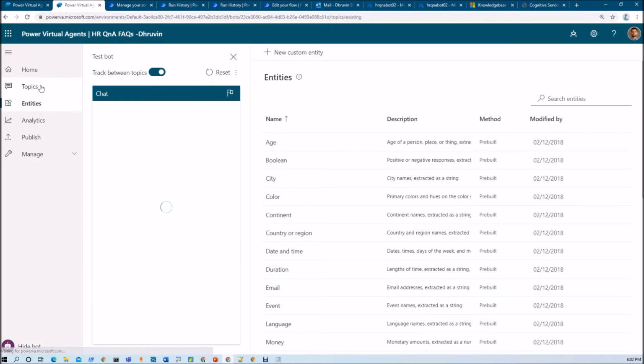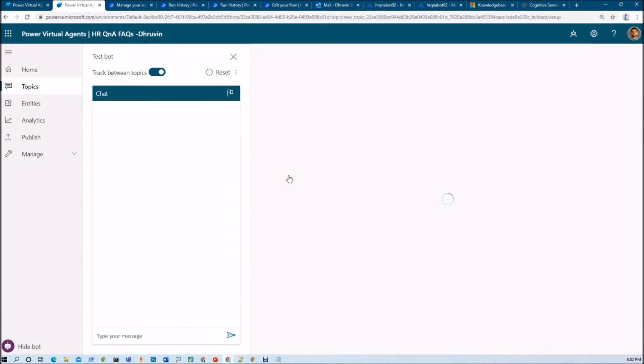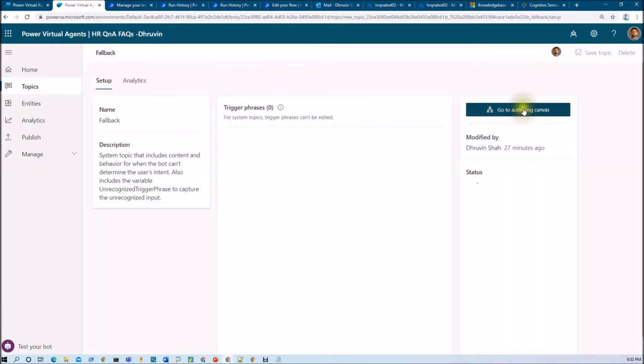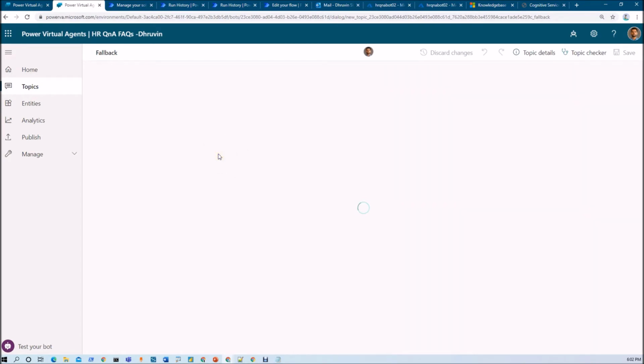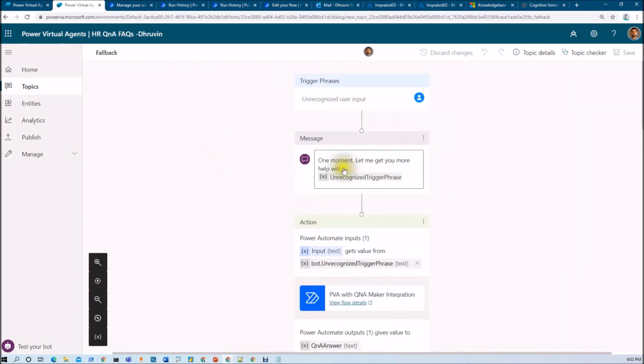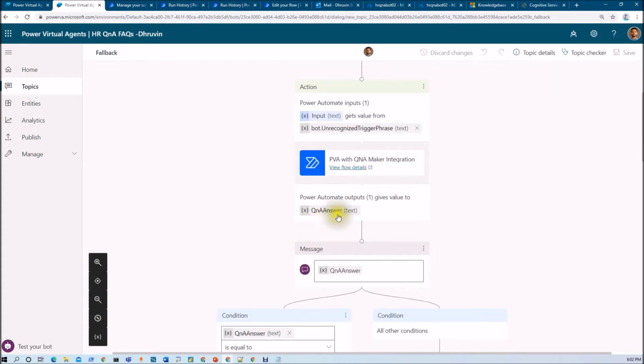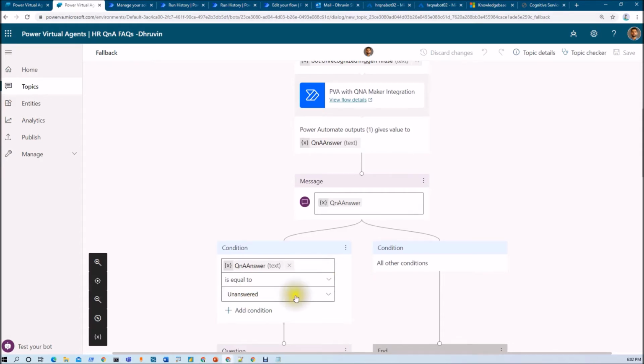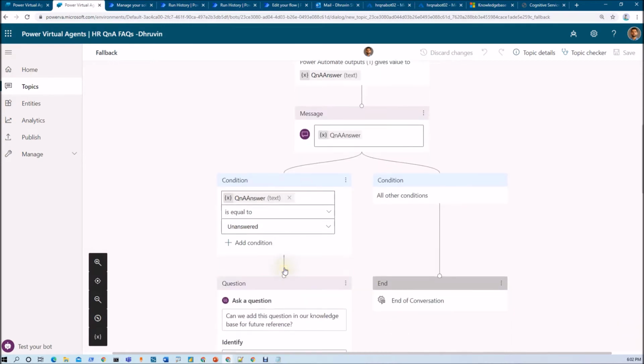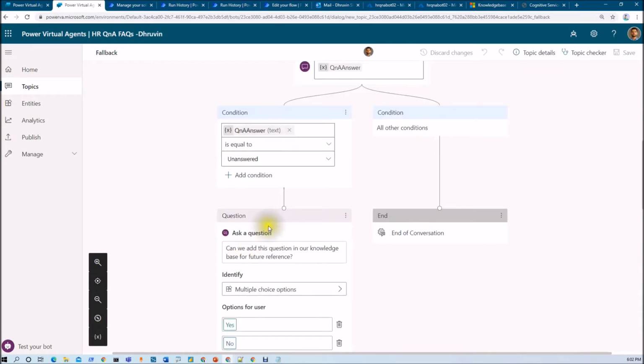So let's go to the topic and modify our fallback topic. Now just go to the authoring canvas. What we are going to do is, this is our already called flow. Now we are checking that if the Q&A answer value is unanswered, then we want to track that question, as well as after that we want to send that question for approval for an answer, right? So we just have a condition that if Q&A answer is equal to unanswered, then it will ask a question